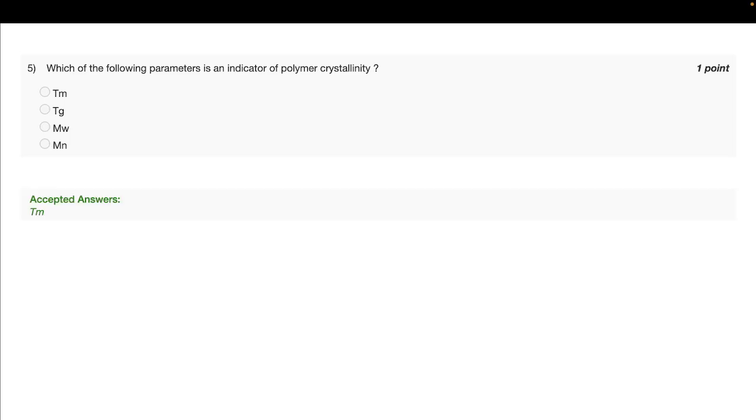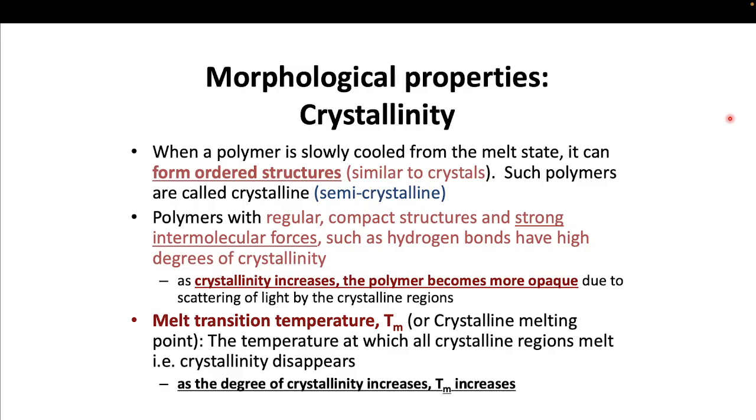You're correct. The right answer is TM, which is nothing but the melting temperature. So let's look at what melting temperature is and how it's related to crystallinity. If you remember from the first few lectures from week 1, crystallinity is one of the parameters to characterize polymers. So if you have a polymer and it has very ordered structures, sorry,